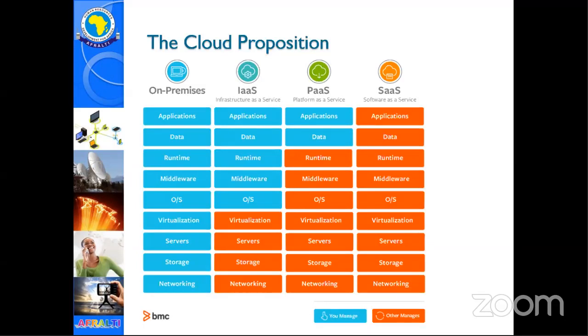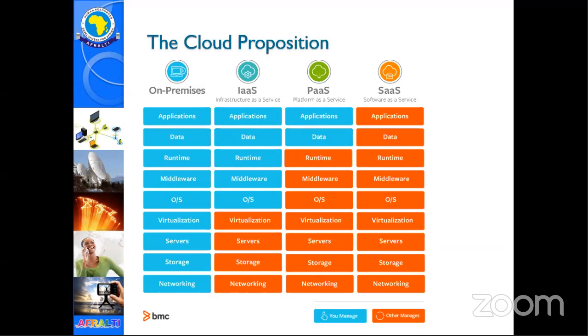Now, let's move on to define the cloud further in terms of what the cloud proposition is. Now, there are 2 things. You are either on the premises, your servers are in a room somewhere in your offices. Like I believe most organizations currently have a server room where their servers are kept and cooled. And that room mostly usually has biometric access. And that is what we call, as listed here on the first column, on-premises.